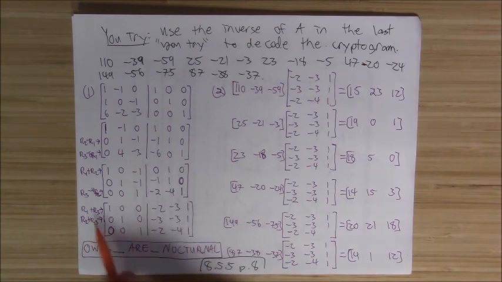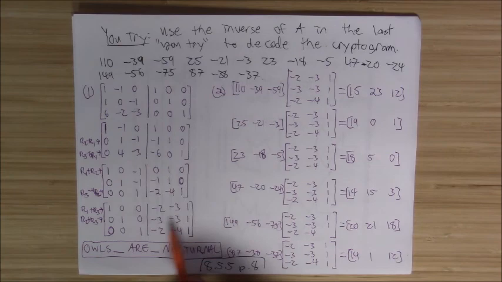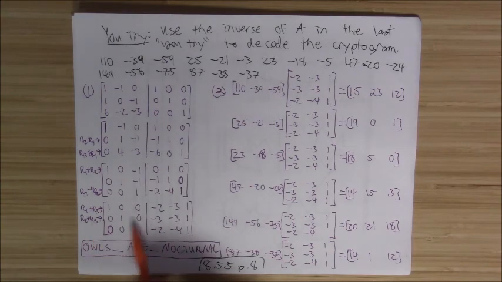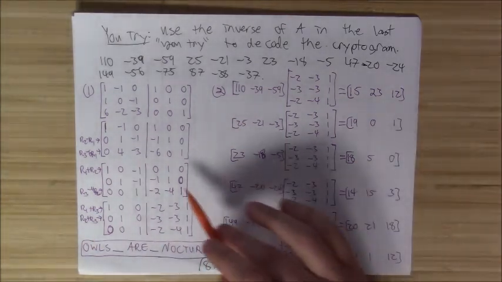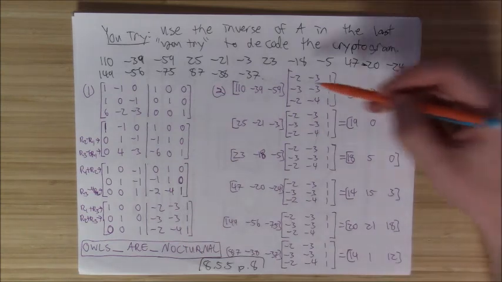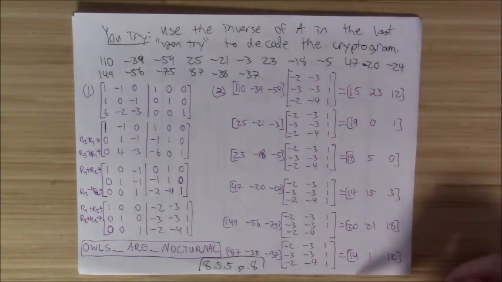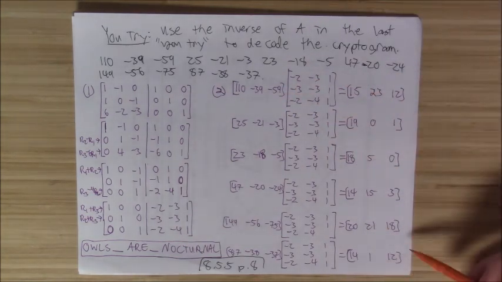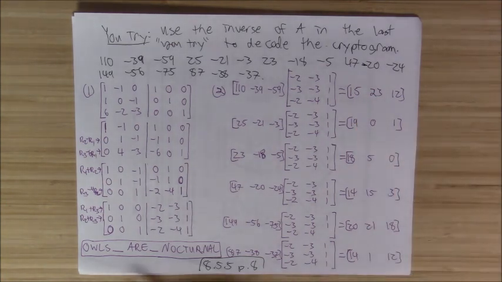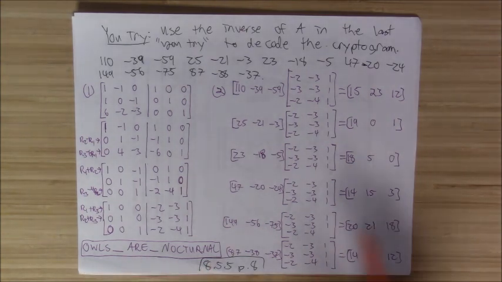And then finally I do R1 plus R3 and R2 plus R3. Okay? Anyway, that gives me the inverse. Then I do all the matrix multiplications to get these numbers. And then reading off the numbers using my coding back into letters, I end up with our original message of